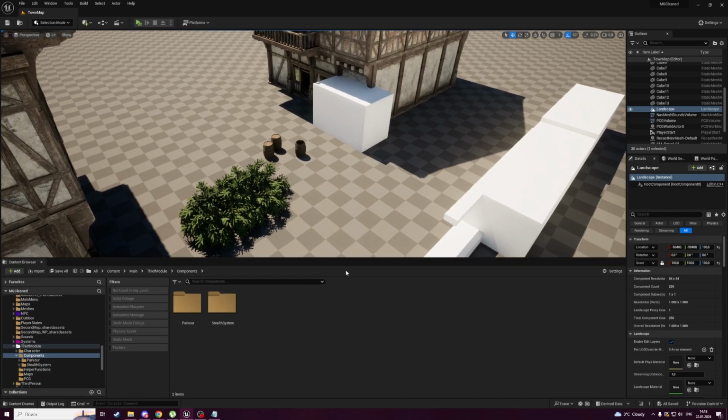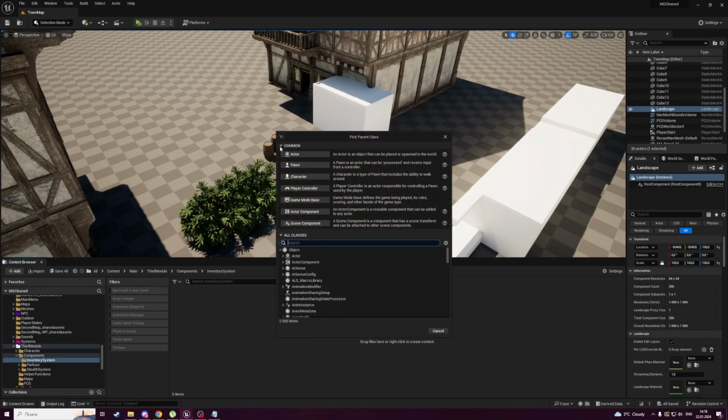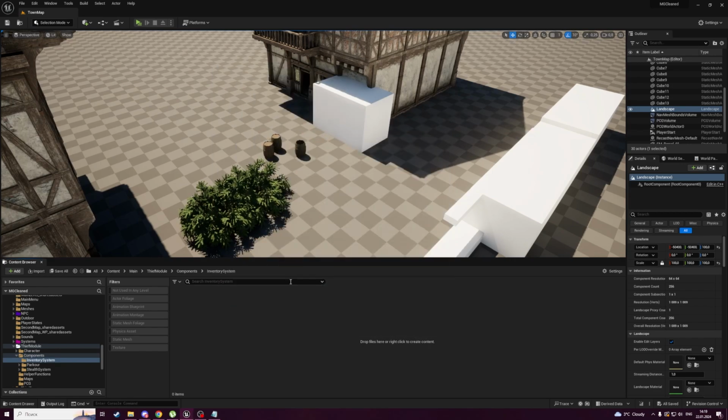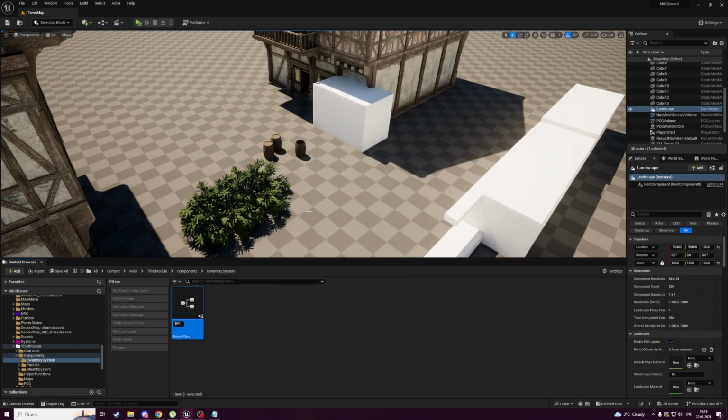So let's start. Let's create a new folder somewhere in your project and let's call it inventory system. And let's open it up. Here let's first create a component for our inventory system. Right click on an empty space, create a blueprint class, actor component. Call it BPC